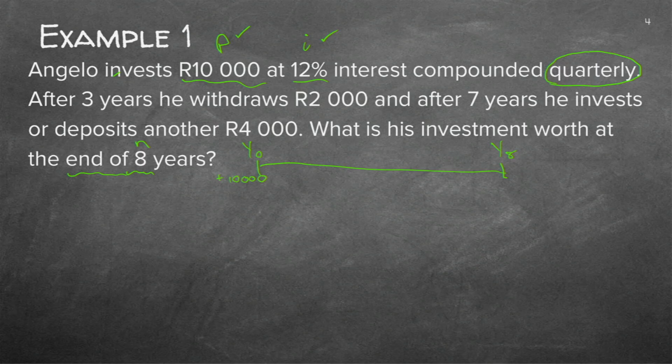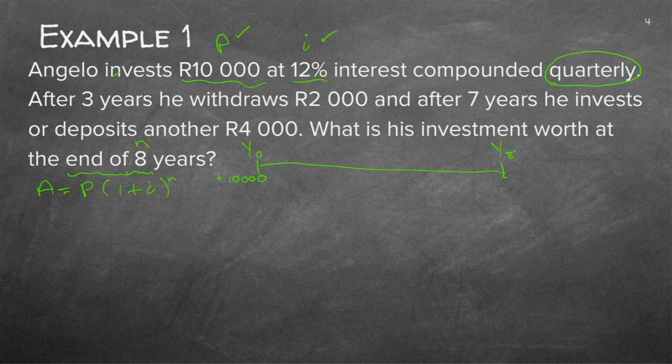I'm going to put a plus in front of it. He's going to, in the end, have this money with all the interest that he makes. Good. So this 10,000 Rand is going to be for the whole 8 years. So I'm going to start off now. I'm just going to do the basic formula here. P, 1 plus I to the power of N. You all know that formula.